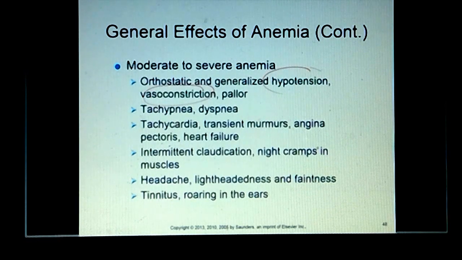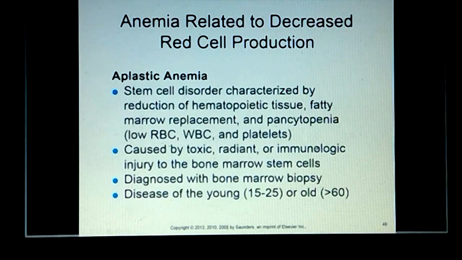Fast breathing rates, shortness of breath, fast heart stuff, transient murmurs, your papillary muscles in your heart might change. In worst case, it can induce chest pain and heart failure. In your skeletal muscles, you could have claudication and you get cramps in your muscles, in your head, headaches, lightheadedness, faintness, ringing in your ears, that sort of thing. So anemia has all kinds of associated symptomology with it. And now what we'll do here in this last couple of minutes, and I won't keep you the whole time, but we're going to at least